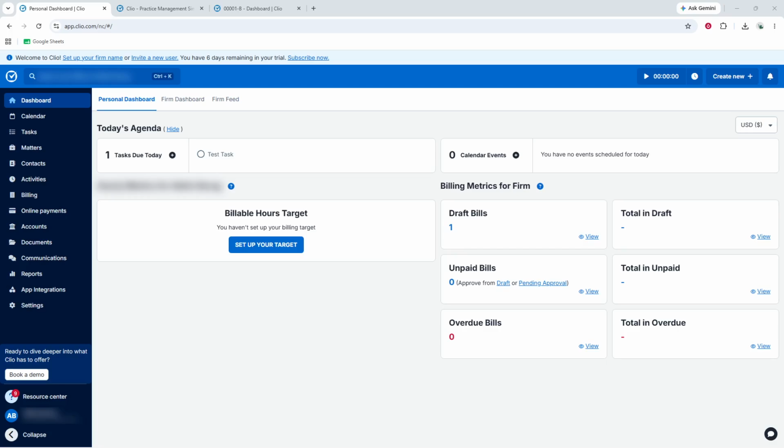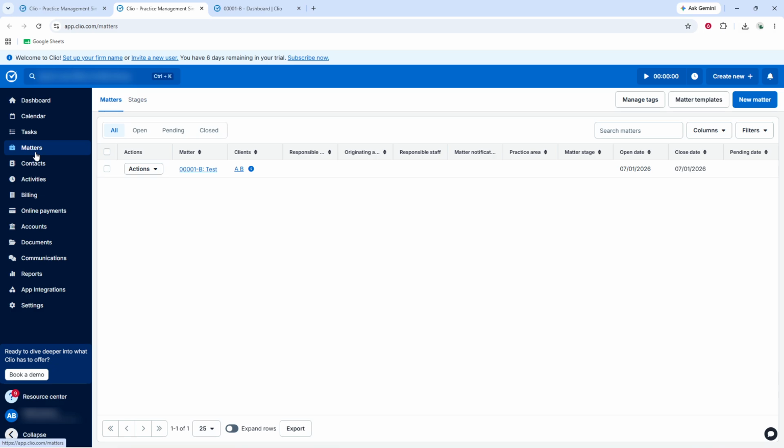In today's video, I'm going to teach you how to archive a matter in Clio Manage. To get started, sign in to your Clio Manage account and make sure you're on the main dashboard. Once you're logged in, look over to the left-hand sidebar and click on Matters. This will take you to your full Matters list, where you can view all of the matters currently in your